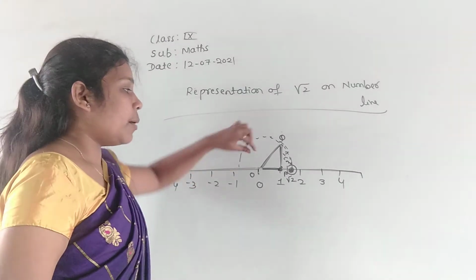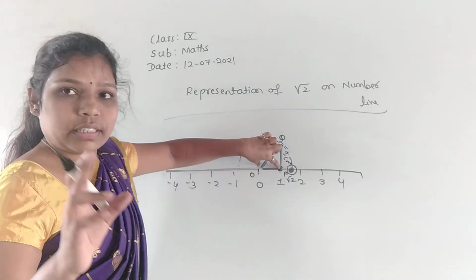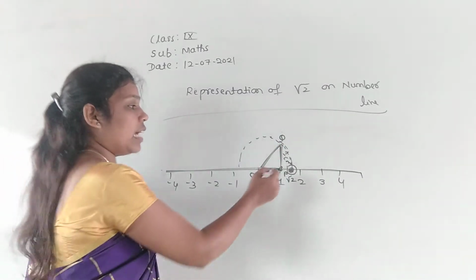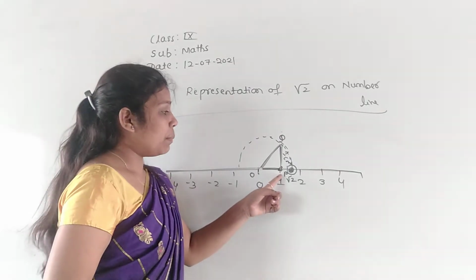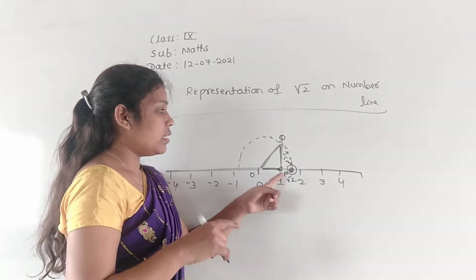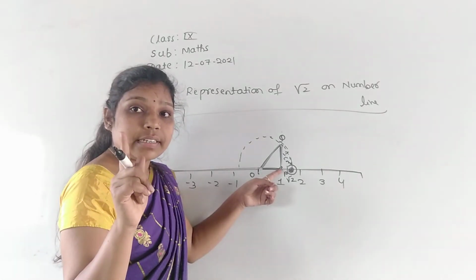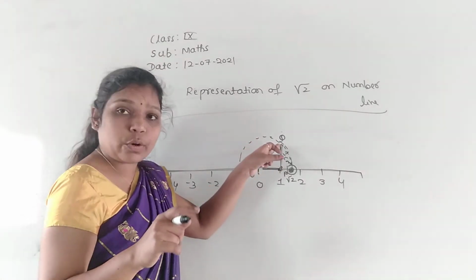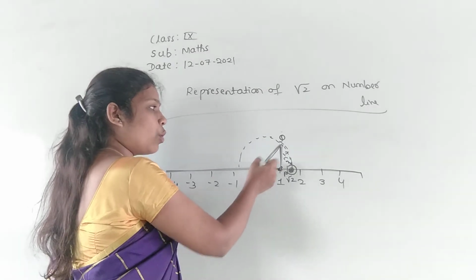And after that, first thing is from the 0 take 1 centimeter. That point will be P here. Okay, so that point will be P. And next, again from the point P take a 1 centimeter distance using a scale. Okay, that point will be Q here. Okay, so next after that join OQ.